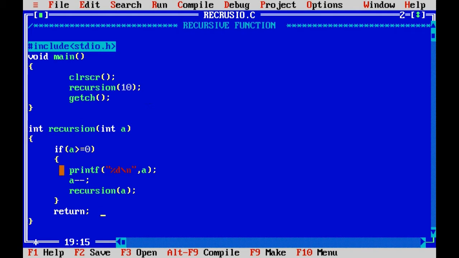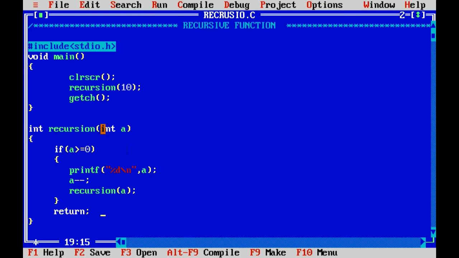Here, recursive function means we are calling the function inside its own block, and then we are calling the function again. So it becomes like an infinite loop if you don't give a condition. It keeps on calling the same function again and again. This is supported in C programming and is called a recursive function. We will create a small program, see how it works, and I will help you understand the return and all those.